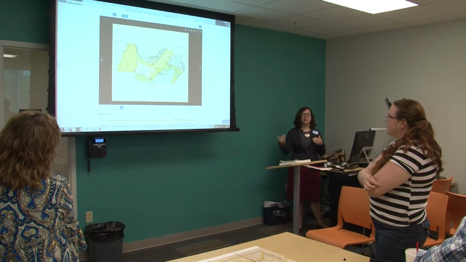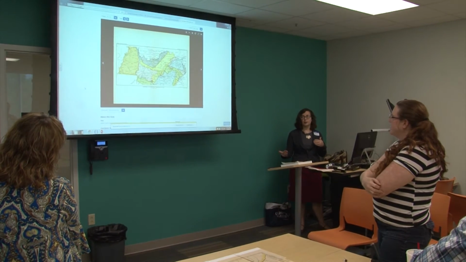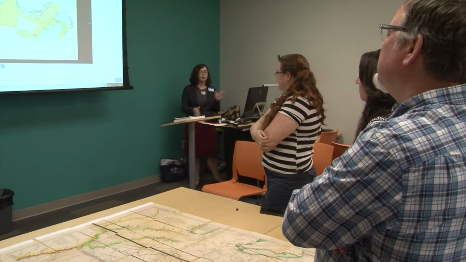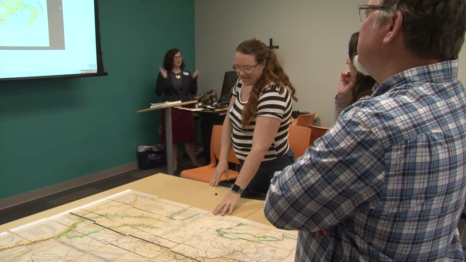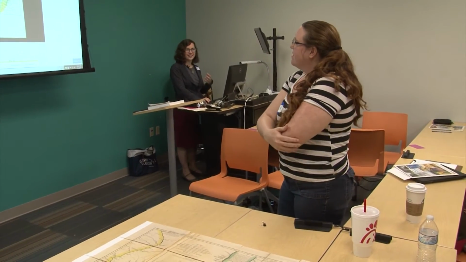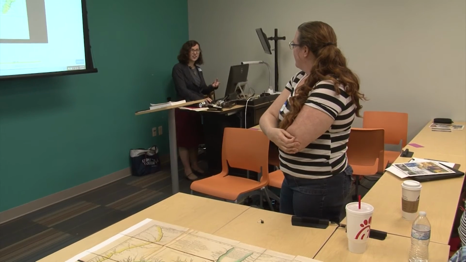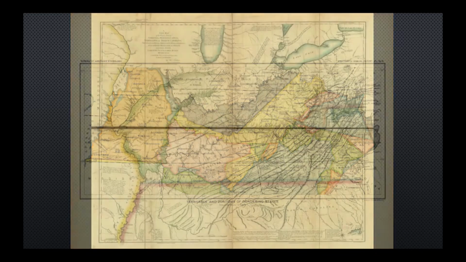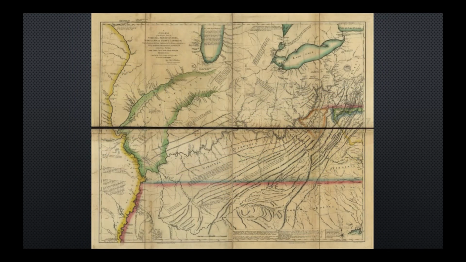So this is 1899. That's a time in our country when finally pretty much all Native American threats are taken care of, and we can write about it. And so this is, like I said, how hard it is to find primary sources for early Tennessee. That map is not a primary source for early Tennessee because it wasn't created during the period of early Tennessee. So that's something that you'll want to make sure that your students know. This, however, is a primary source because it was created in 1778.